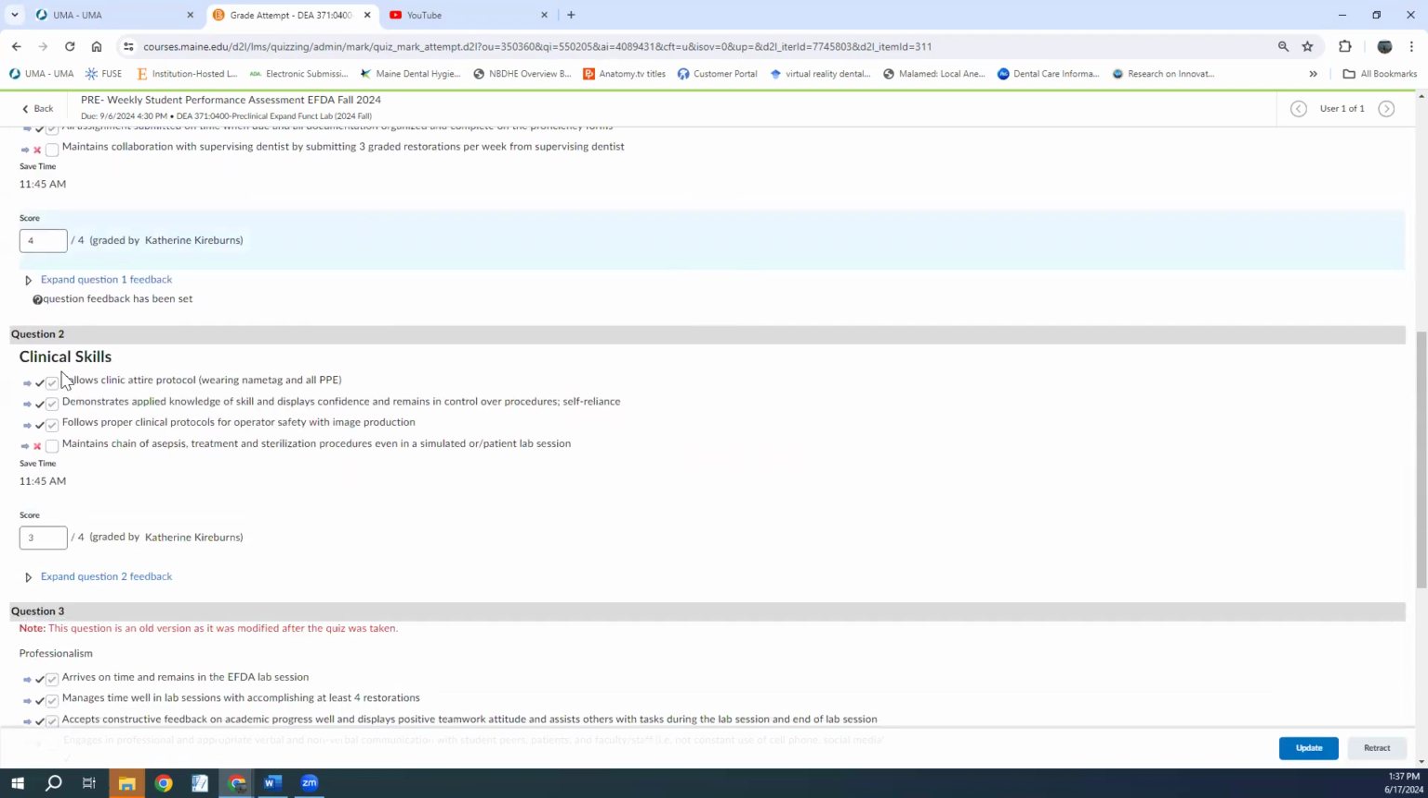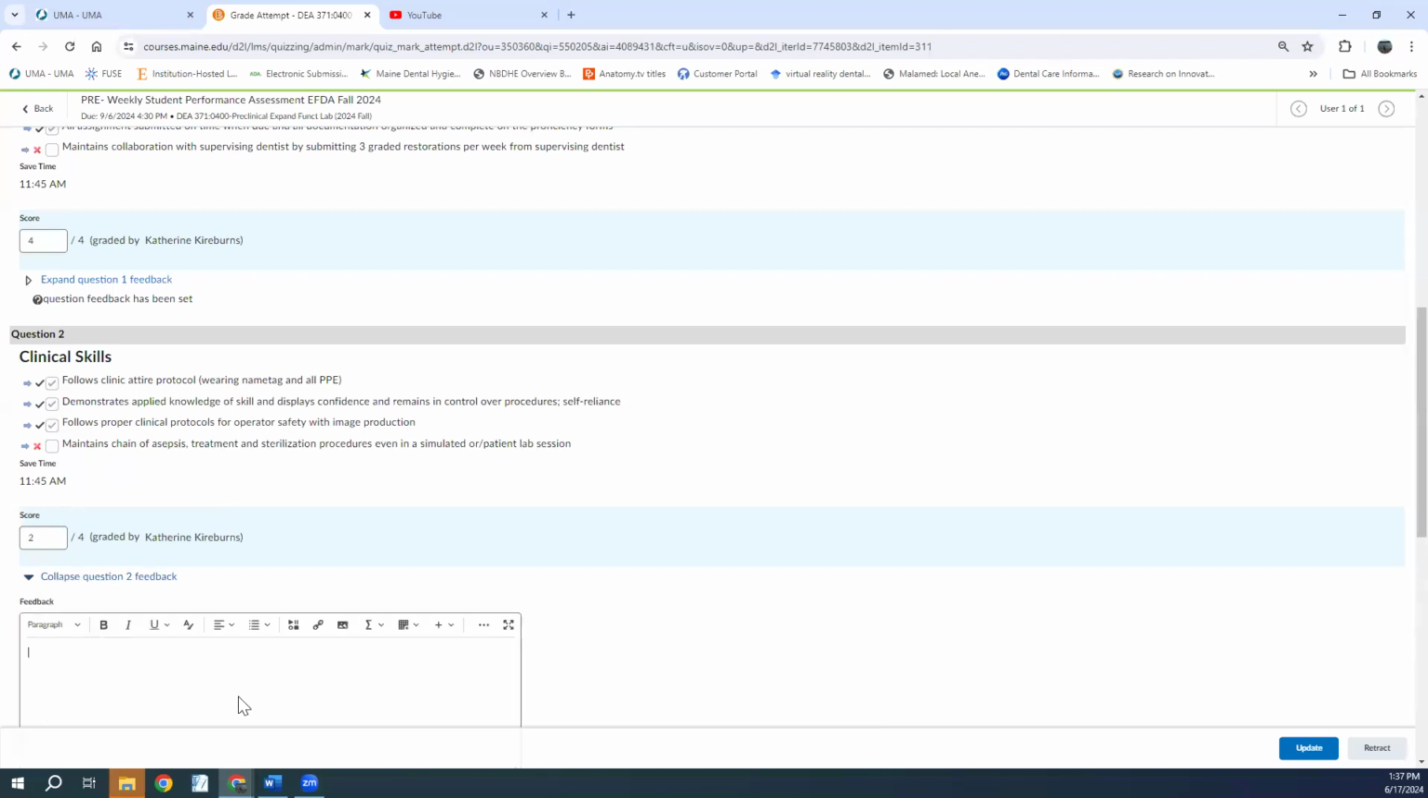If I go to question 2 where it says clinical skills, they said that they didn't maintain asepsis. And I'm also going to say they didn't follow clinical protocol because they refused to wear their lab coat. So the student thinks that they followed protocol, but I do not. I'm going to change this to a 2. I can't unclick their self-eval. Their self-eval is going to stay the same, but I can say,